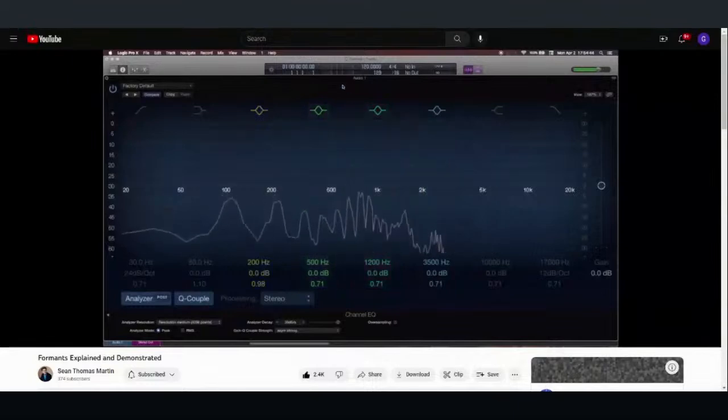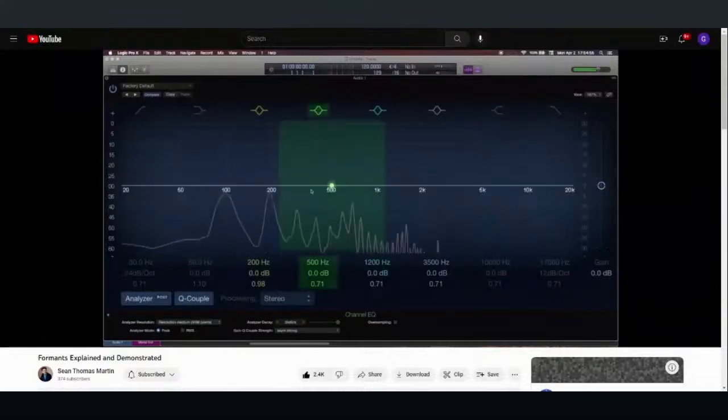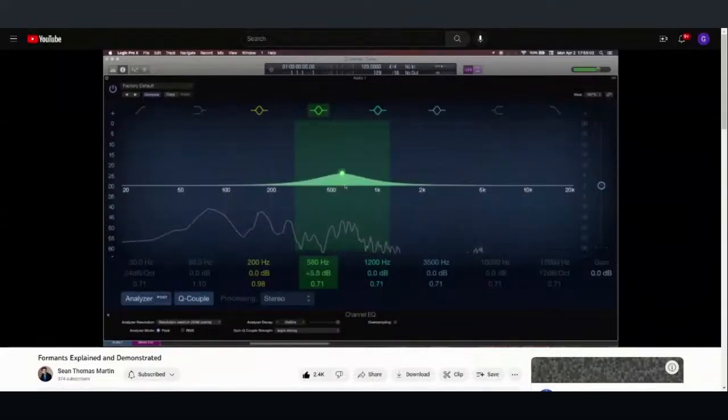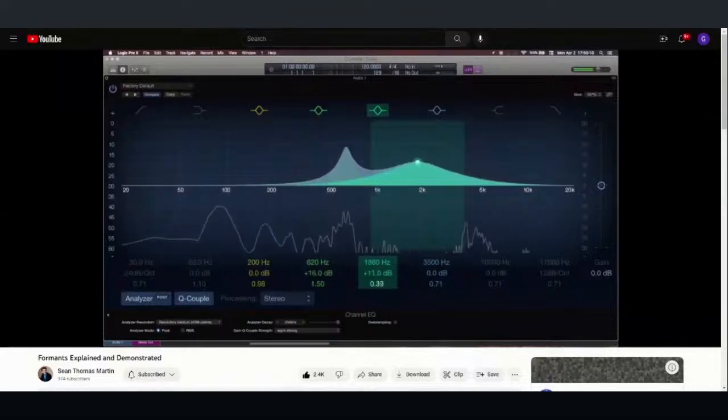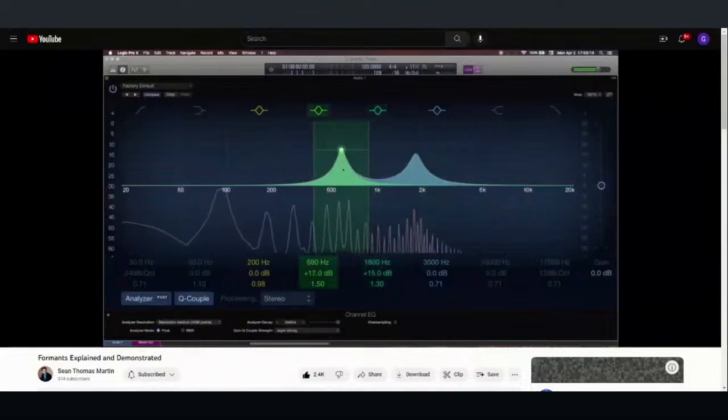And to show you that that is what is making the vowel sound, let's take that note that I was singing, and I'm playing it on a synthesizer now, and I'm going to amplify the frequencies in those areas, and it will sound like the vowel sound that I was saying. So let's amplify at around 600, and we also said a little less than 2,000. Kind of sounds like the vowel e.